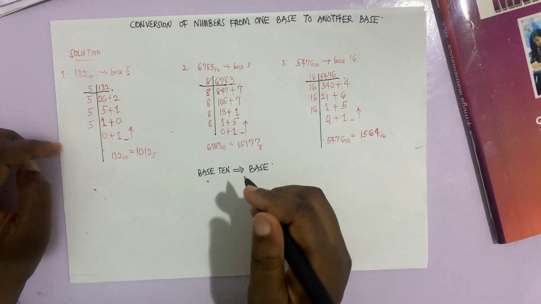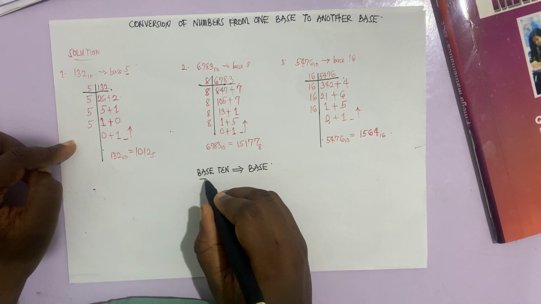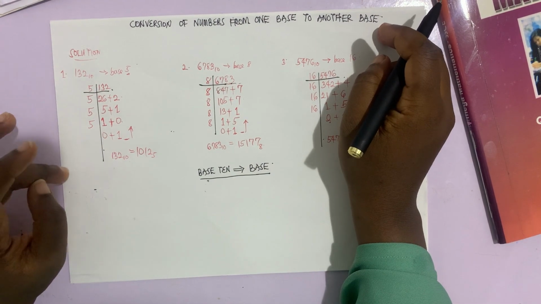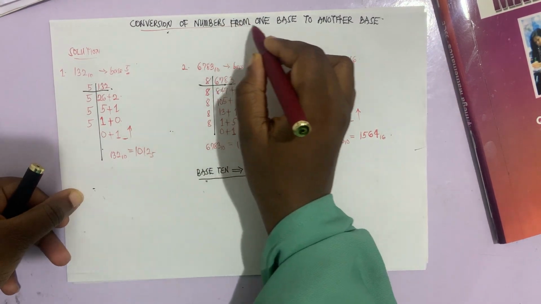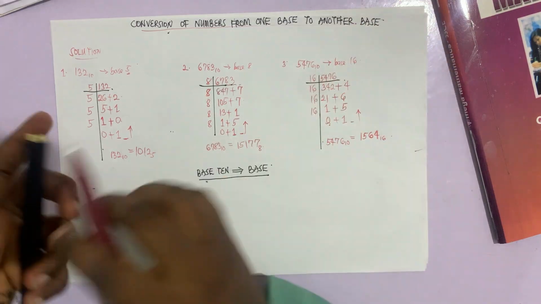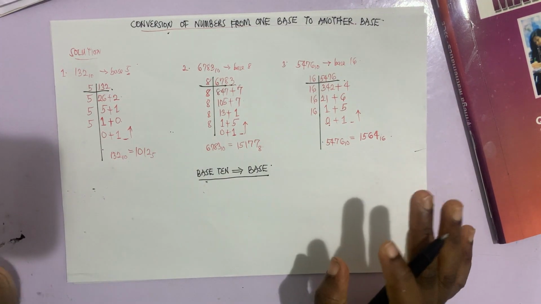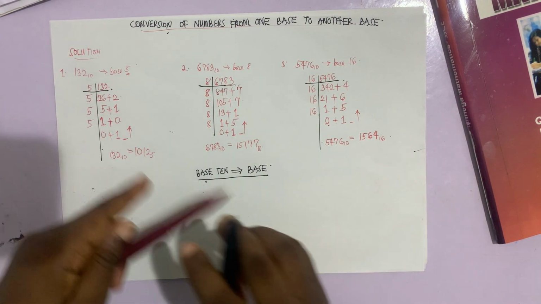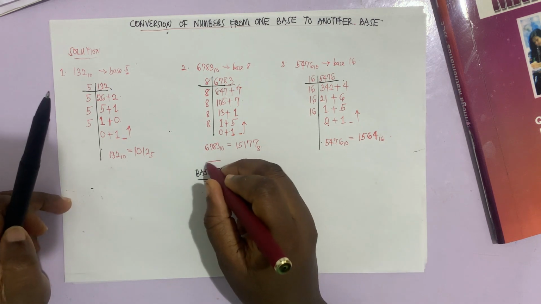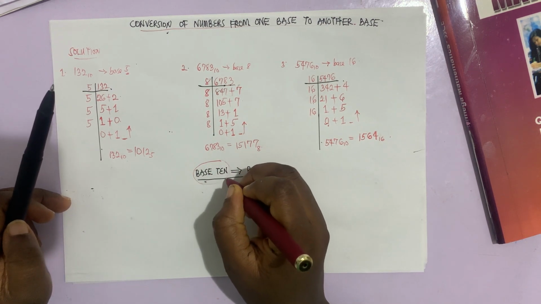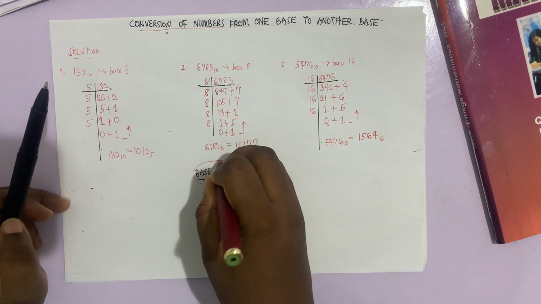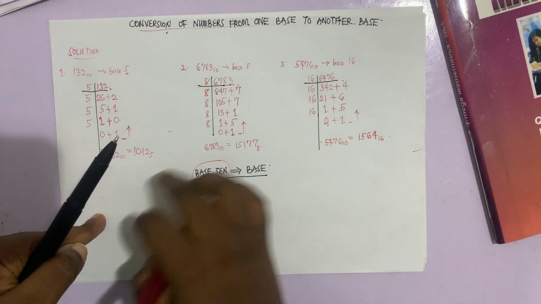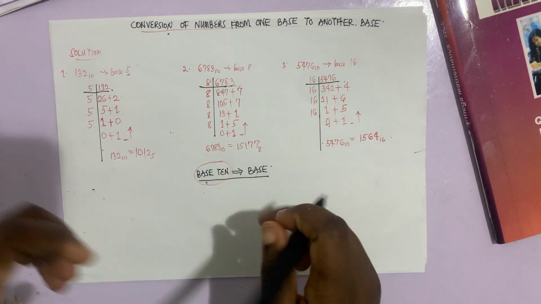We have seen how to convert from base 10 to other bases. So we move to today's lesson, which is conversion of numbers from one base to another base. So how do we convert from one base to another base? The middle ground is base 10. The middle ground is what? Base 10. So you have to first convert from that one base to base 10, then from base 10